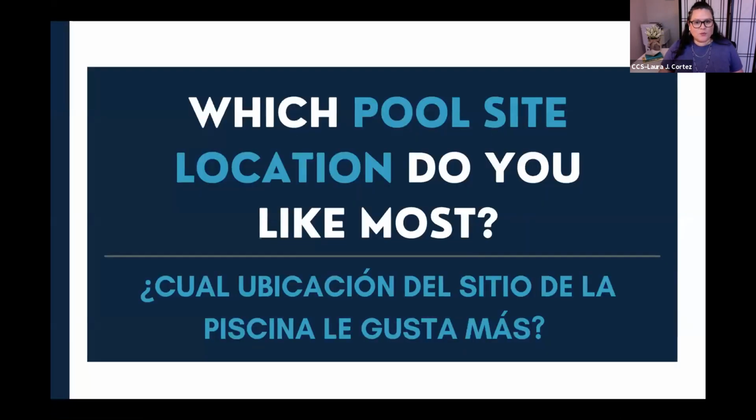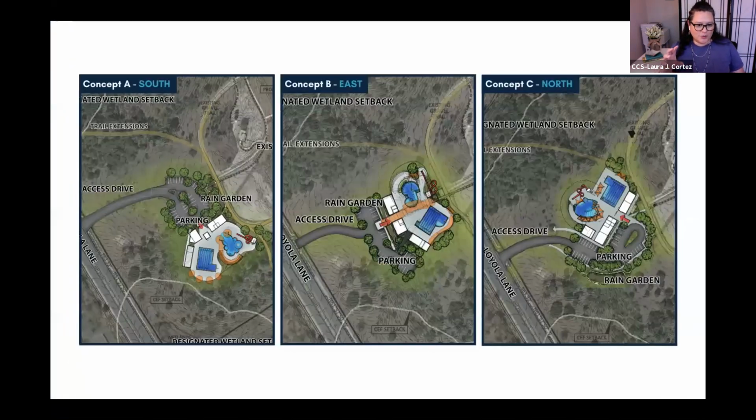And this one here is, which pool site location do you like the most? As we mentioned earlier, there's a possibility to have these different parts of the pool interchangeable. And so as was mentioned earlier, concept A is on the south portion. If you look at where it's placed, concept B is east, somewhat facing the Colony Park District Park. And then concept C is north, and this is the one that is facing somewhat the neighborhood. And so you are going to be selecting the same way you did the first option,